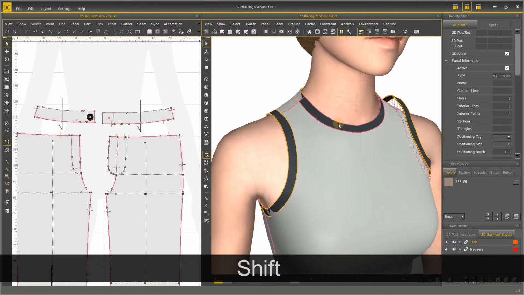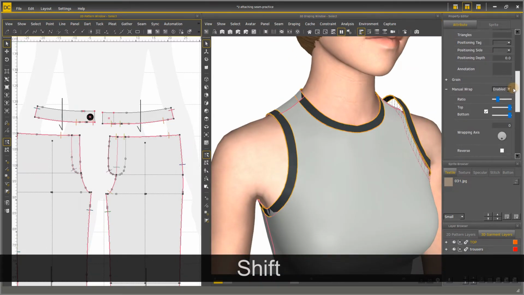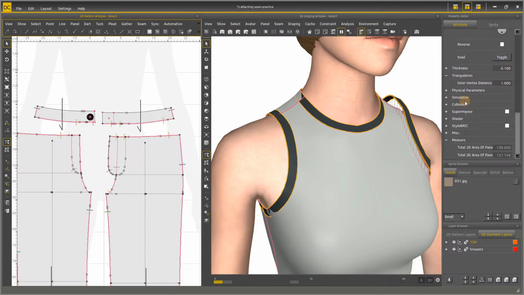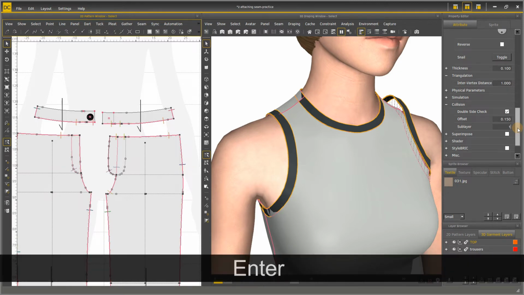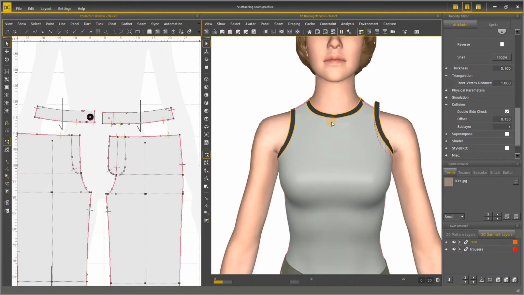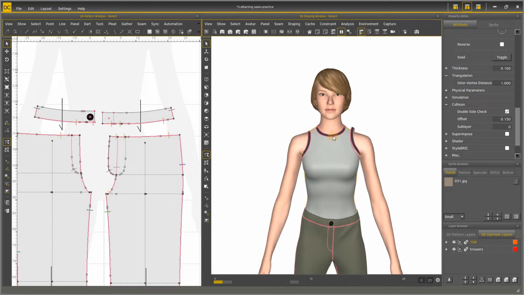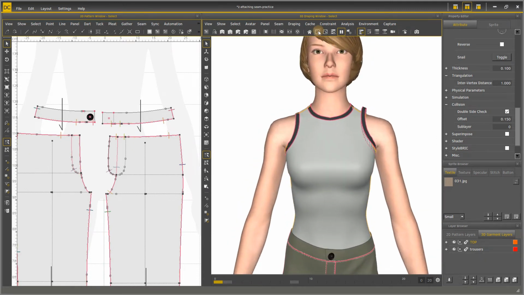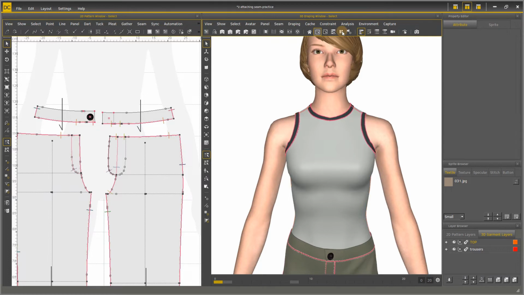Another thing we can do for avoiding penetration is to set a sublayer of bindings in the collision area under Attribute tab. Sublayer setting is for the outside and inside relationship in a single 3D layer. Any numbers bigger than the inside layer would be fine. In this case, because the sublayer of main body is default 0, I can set the bindings as 1. And let us simulate again.